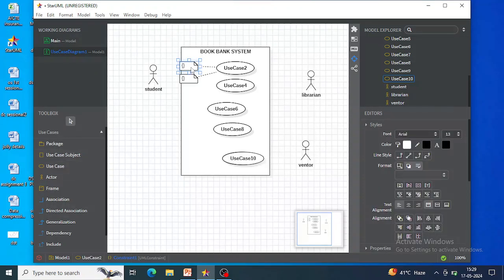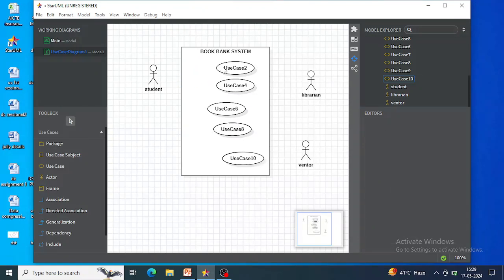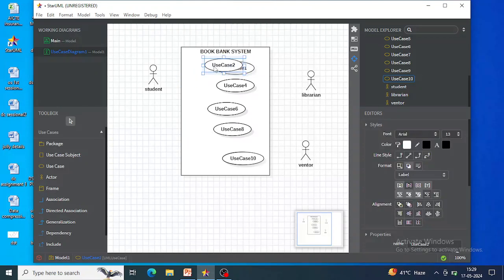This is extra, so I'll just delete it. First use case, let's say I write here issue book. Second use case, return. Search details.